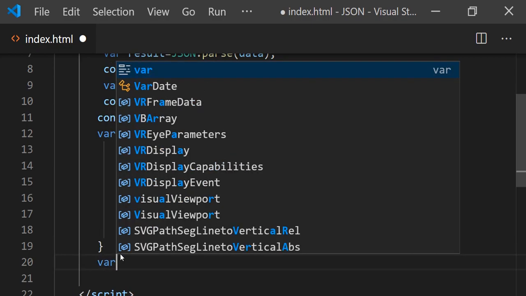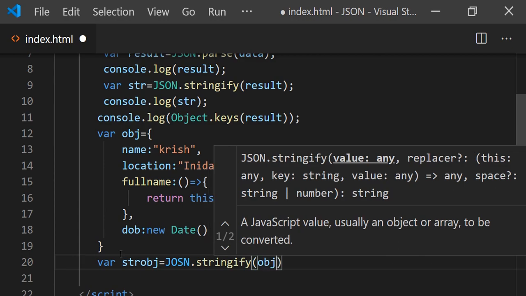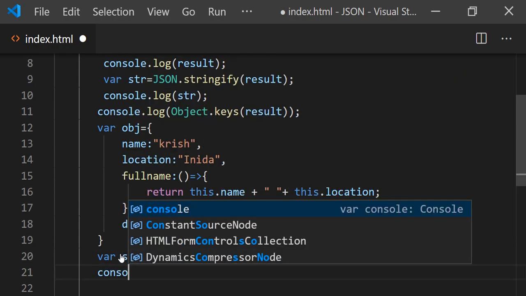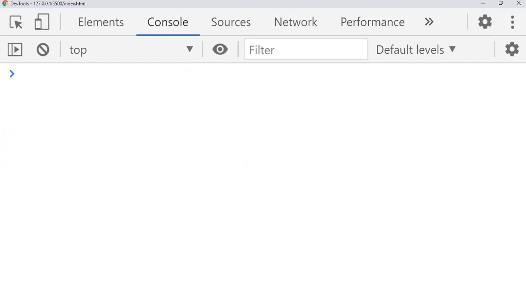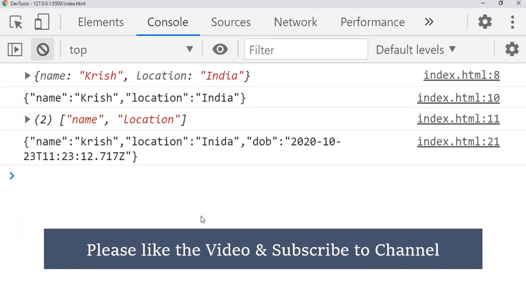For that, str obj equals JSON.stringify. Now, when you stringify it, let's see what the result will be. So console.log of JSON.stringify. I'm just commenting out these two. Now we see name Krish, location.